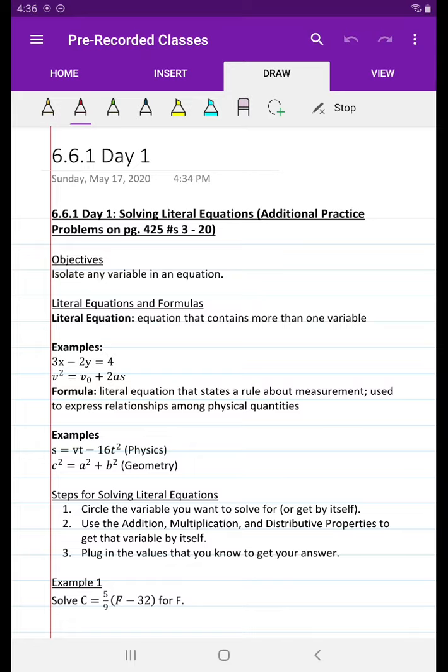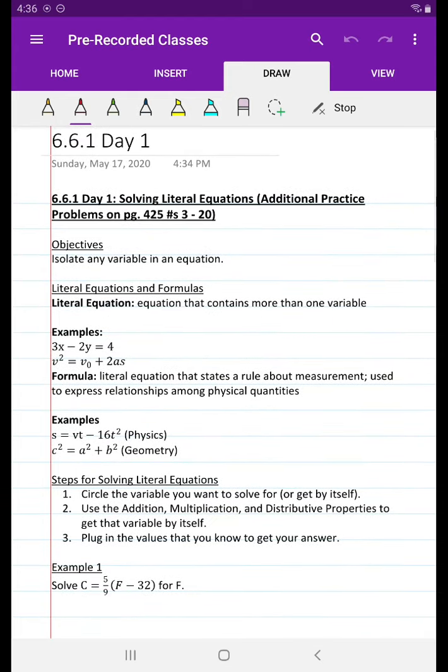This is the first day of 661, so we'll be in this for 2 days. In this section, what we're doing is we're solving literal equations. So this has some relevance to things that you might be doing in chemistry and then later in physics. And so what this means is we're isolating one variable in an equation. And with the equations that we're going to be working with, we'll have more than one or two or sometimes